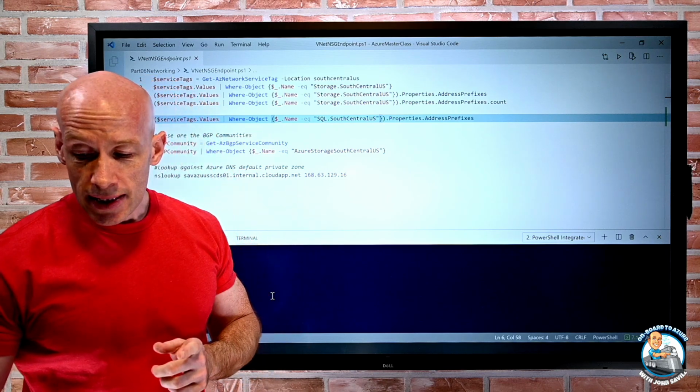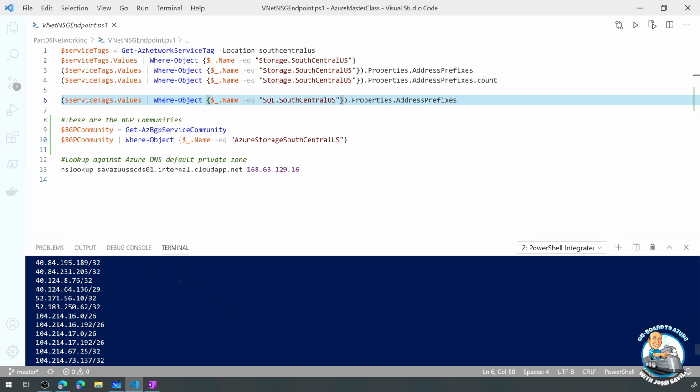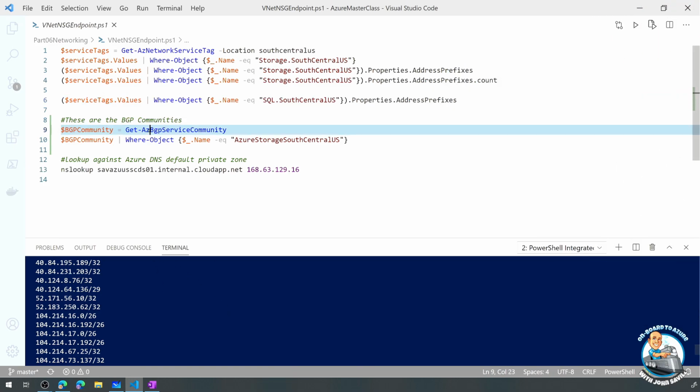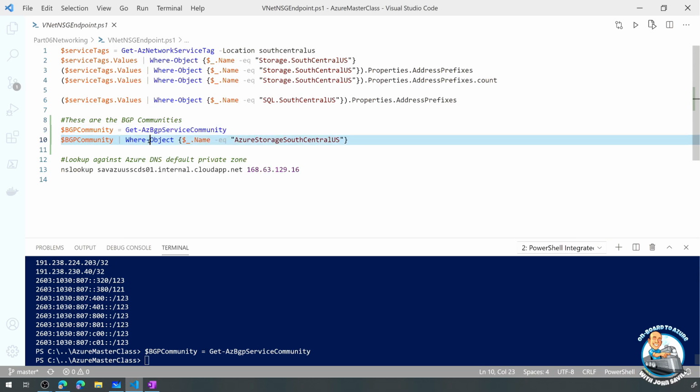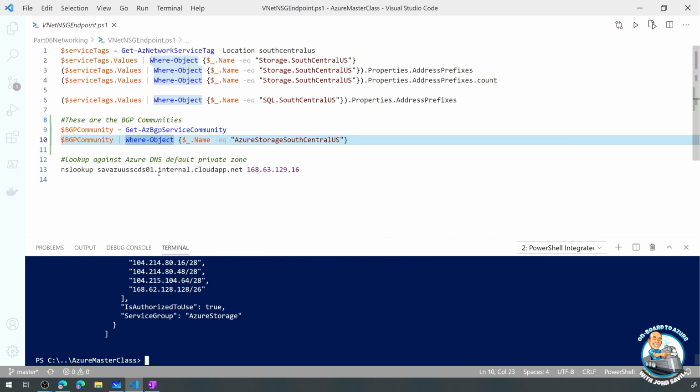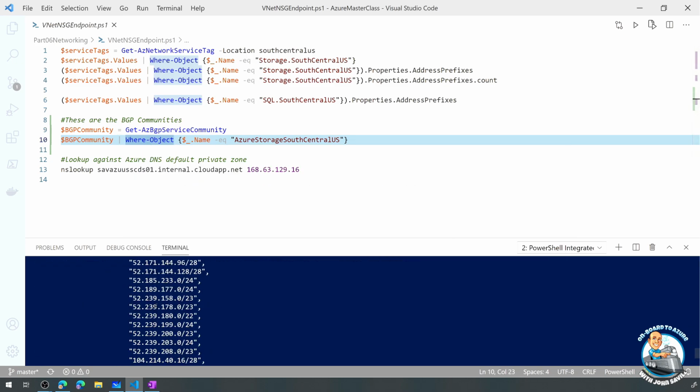And so we can see those same IP addresses I just showed you. If I actually go and say, hey, I want to look at the BGP communities, so if I get all of them for Azure, there's quite a lot, I'll save it in a variable. And then I look at the one for South Central US. Well, once again, it's showing me all of those IP prefixes for South Central US. And notice it's exactly the same. Look at the first one,